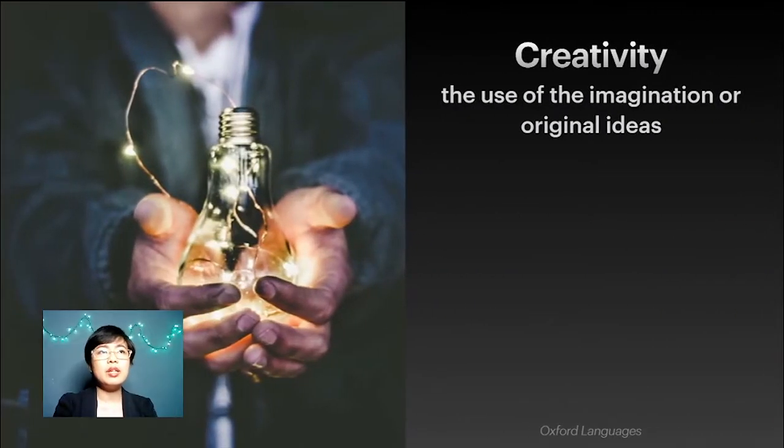So, let's define creativity. Creativity is the use of imagination or original idea. So, pag nag-create tayo, as much as possible, you use your own idea. Syempre, madami ng mga na-implement na designs all throughout. Pero kailangan natin talaga yung originality. Hindi pwedeng makikita mo yung idea na inspire ka nito then 100% ko-comprehend mo. Masama yun, hindi pwede yun.